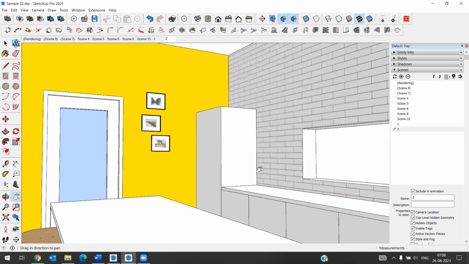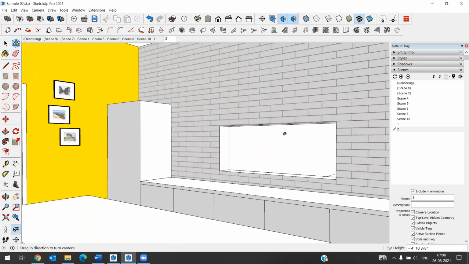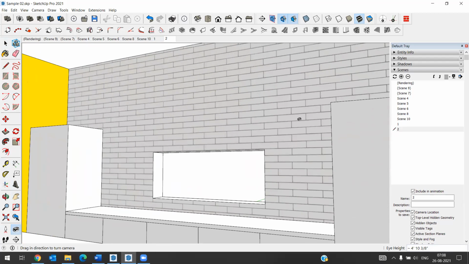Now I will sit on the island and I will see this kitchen. 1 second.